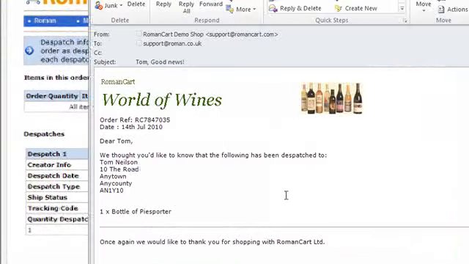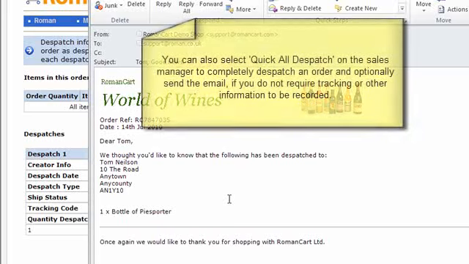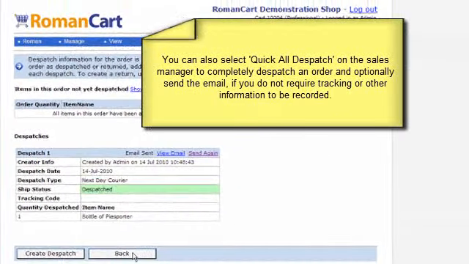And in fact, here's the email that has arrived to the customer, and you can see it's the same as what we previewed. It's a nice message to the customer, just confirming that the order has been dispatched and that they can expect to receive it soon. So now if we go back to the sales manager,